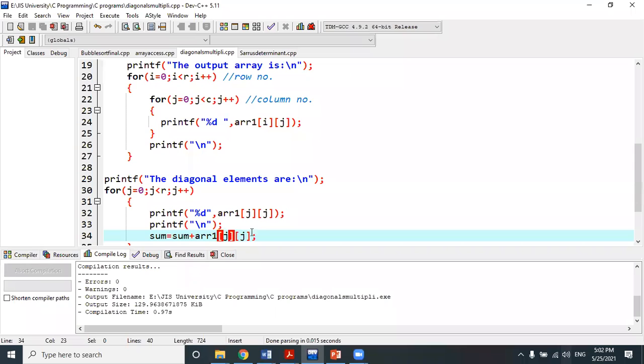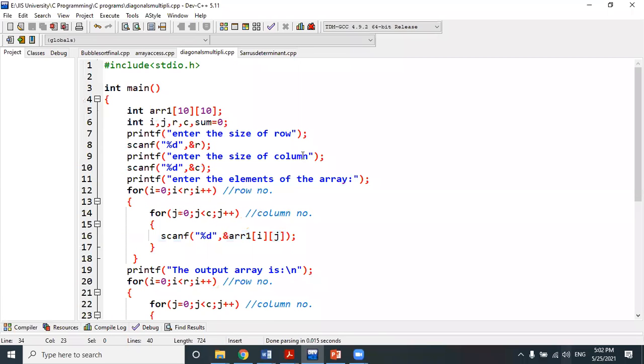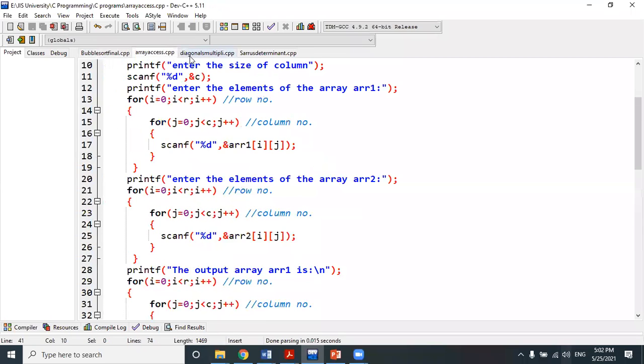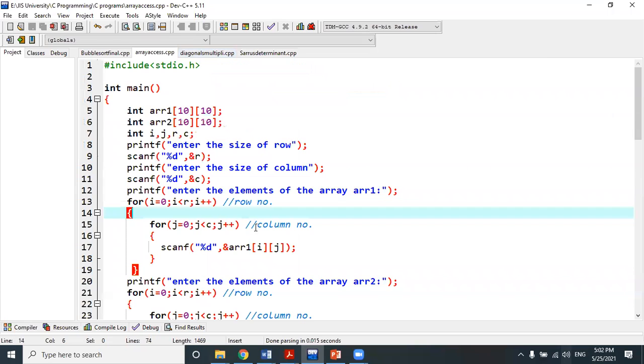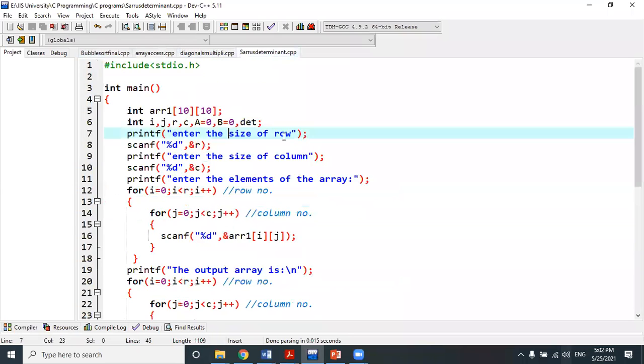Clear? Okay. So everyone, please practice it. In the next lab, I'm going to show some more programs regarding this 2D matrix, and then we will give you some assignments on it. Okay, 2D matrix, so please practice it. Practice the program. Only practice, practice, and practice. Practice makes you perfect. If you don't practice, then it will be very tough for you, because we are getting insight with more logic of the C program. In upcoming programs, we are doing much more complex programs. Okay, so please practice it.